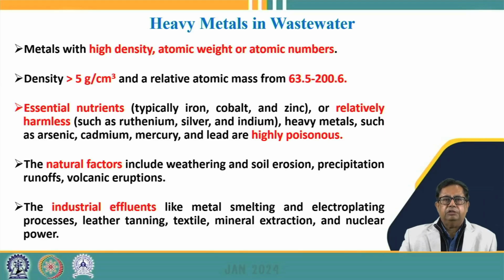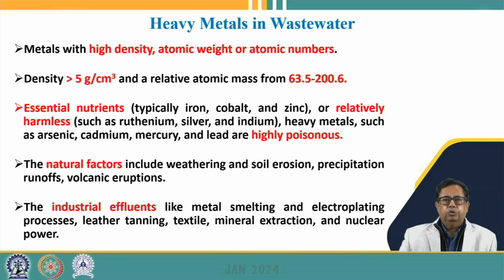So these heavy metals may be essential nutrients, for example, iron, cobalt or zinc. They may be necessary for the body, and that's why they are essential nutrients. Similarly, they can be harmless also, for example, ruthenium, silver, indium. And there can be heavy metals which are of major concern, for example, metals like arsenic, cadmium, mercury, lead, chromium. They can be highly toxic, highly poisonous, as well as highly carcinogenic in